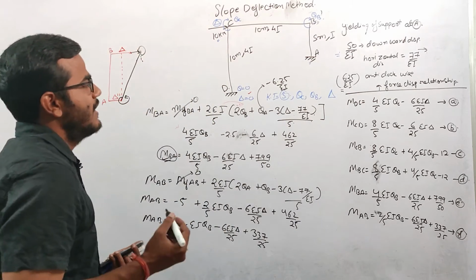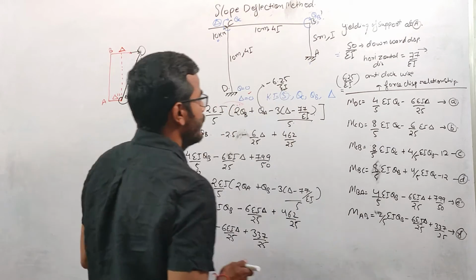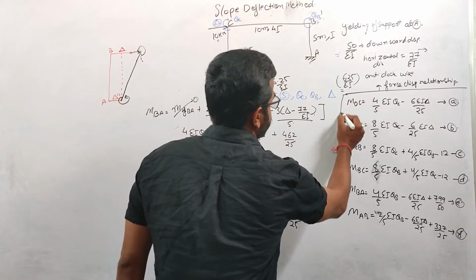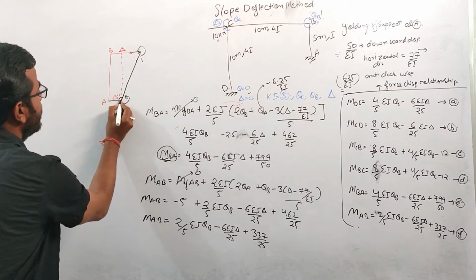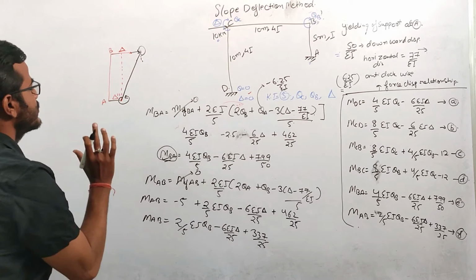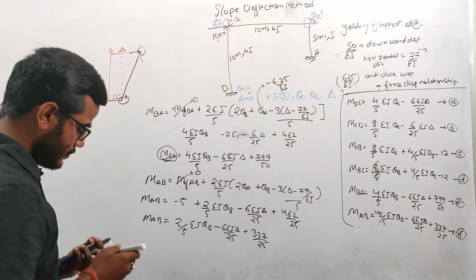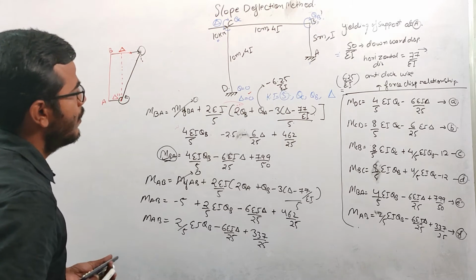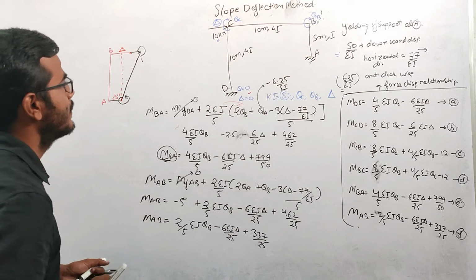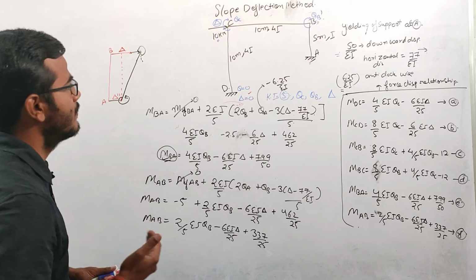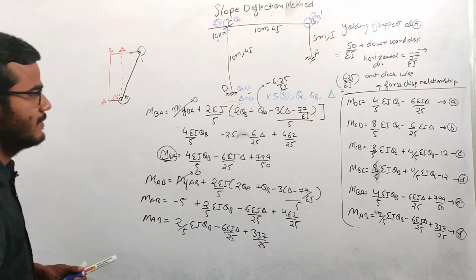So what we have done over here, we have established the relationship between these internal moments and these displacement components. Okay, so this thing is done. What you need to take care over here is that we need to take the net displacement in the horizontal direction if you want to calculate sway for this vertical member AB. Now let us establish the equilibrium relationship, which we need to solve to get these displacement components, which are theta C, theta B and delta, right?